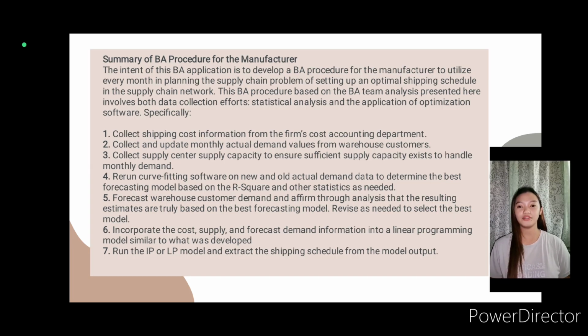Summary of BA procedure for the manufacturer. The intent of this BA application is to develop a BA procedure for the manufacturer to utilize every month in planning the supply chain problem of setting the supply chain network. This BA procedure based on the BA team analysis presented here involves data collection effort, statistical analysis, and the application of optimization software, specifically: